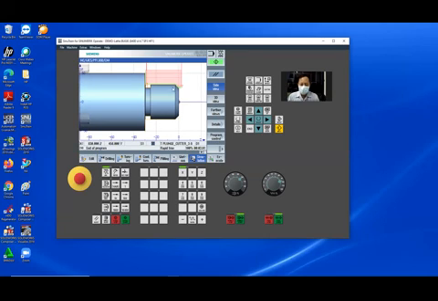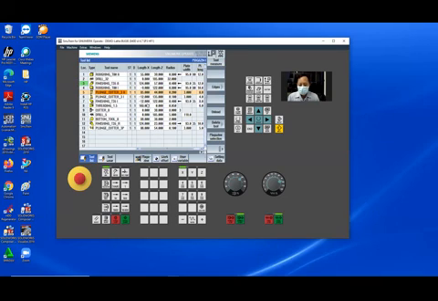Now I want to show how to make thread. Yeah, thread. But before we execute the thread, we check the thread, and the width of the tool. Okay, I think our thread is big, so insert length good if you change to 15, because our thread is big enough.